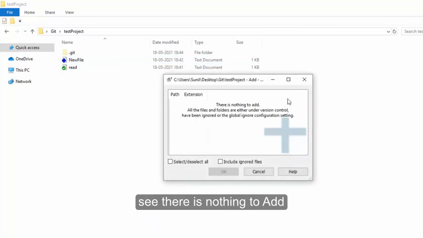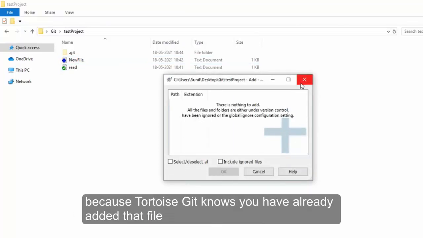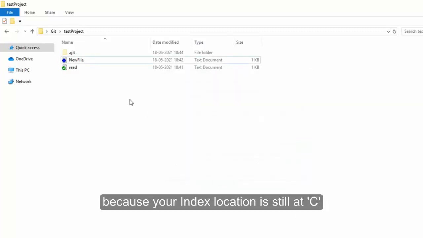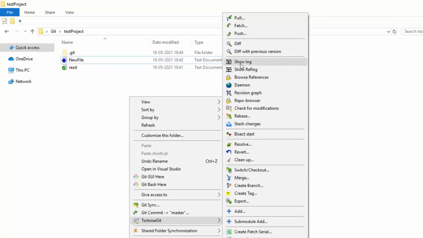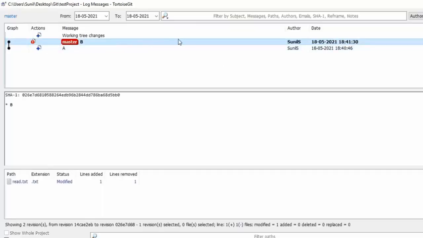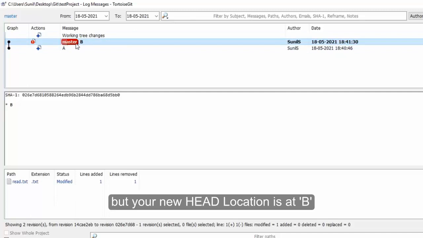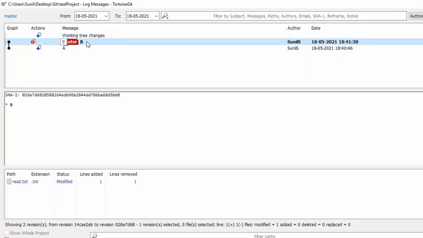See, there is nothing to add because your tortoise git knows you have already added that file, because your index location is still at C. Your index location is still at C, but your new head location is at B. Okay.